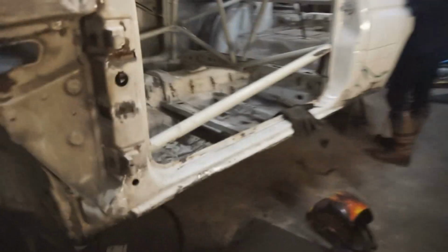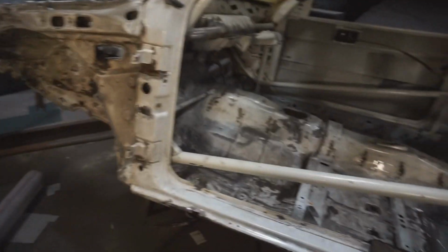And Amber's de-stickering. I don't know, you don't get to see. But look, we've no Ford sticker anymore. So she's taking stickers off, and we've got the big rear section of the floor done, all the inner sills are done in here,